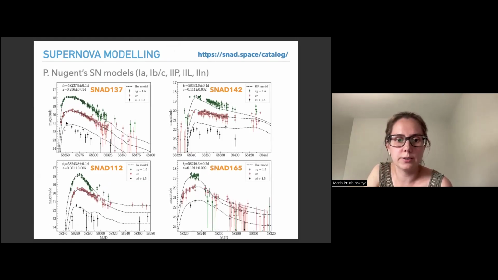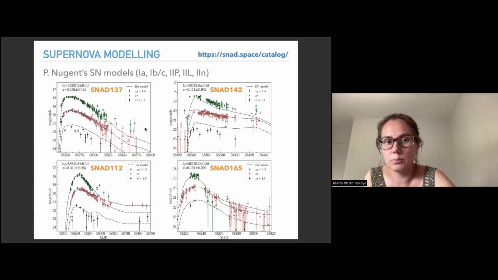So you could see that there are some classical type II-P core-collapse supernovae, some very nice type Ia supernovae, even with a very nice rising part. Since the supernovae were found in data releases, we of course cannot go back and get the spectra, so we could only classify them photometrically. So we tried to model them with a few simple models to identify the type and redshift, if needed.